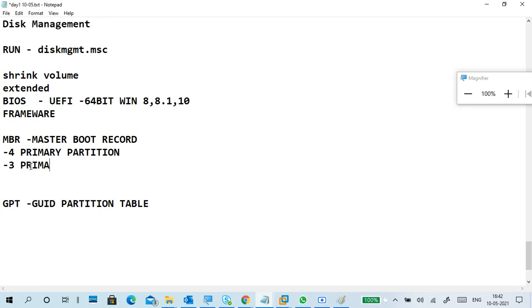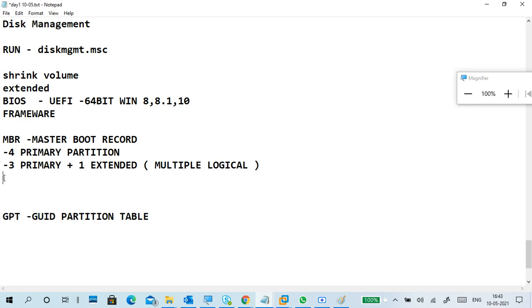So three primary plus one extended. In extended you can create multiple logical partitions. So like this.